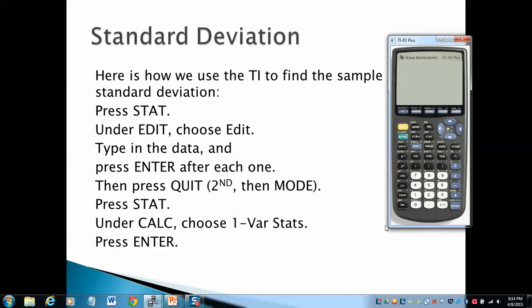First we turn this thing on, and then we press Stat. Then under Edit, choose Edit, and we can just press Enter. Now we type in the data and press Enter after each one. So we have 76, Enter, 67,